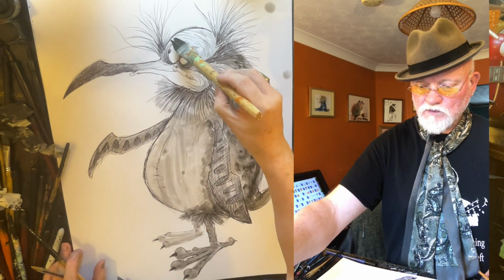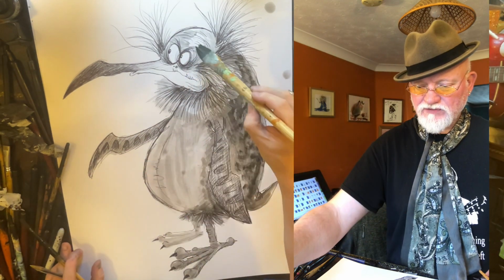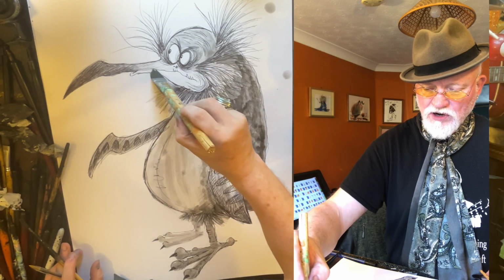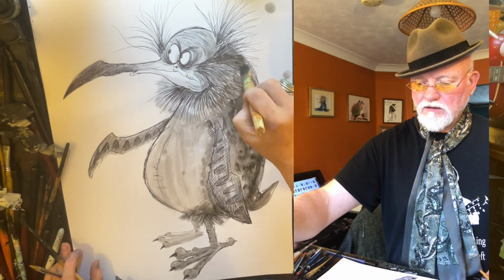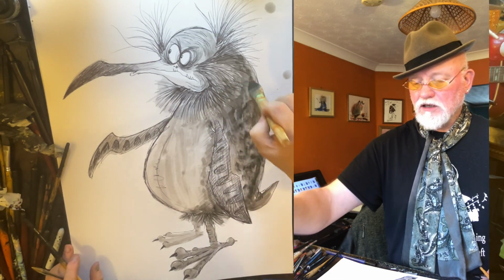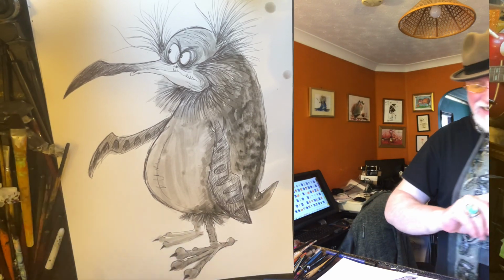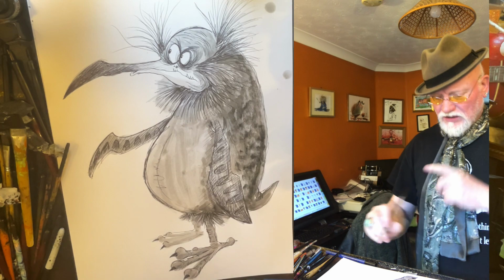soften that down. Again, maybe even with the top. Look how big that brush is. Look, it's massive. And again, it does really build a lot of the character into it. Now as it starts to dry, as you can see, I've done a lot of